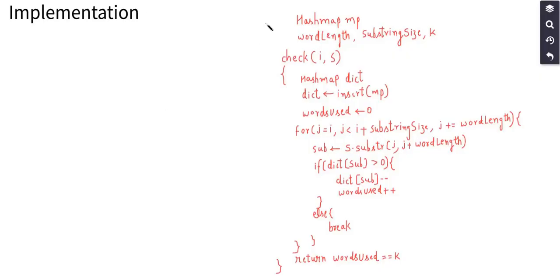Let's see the implementation for this approach. You can see that we use a hash map. This is a global hash map which is used to store the entries of the words that we have in the words array. This is the word length, which represents the length of each word in the given words array, while this is the substring size variable. It stores the substring size which we want to search in the given parent string,